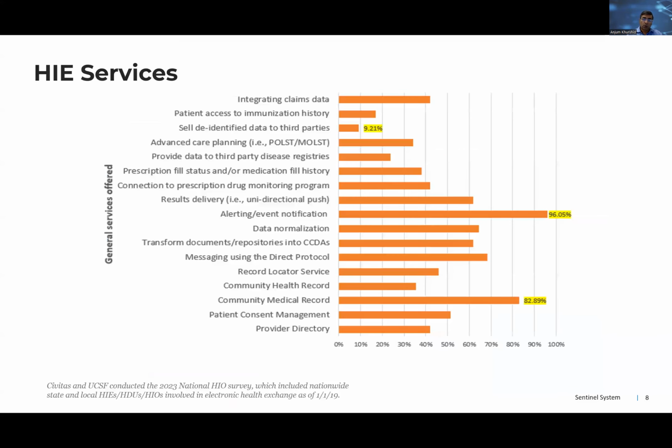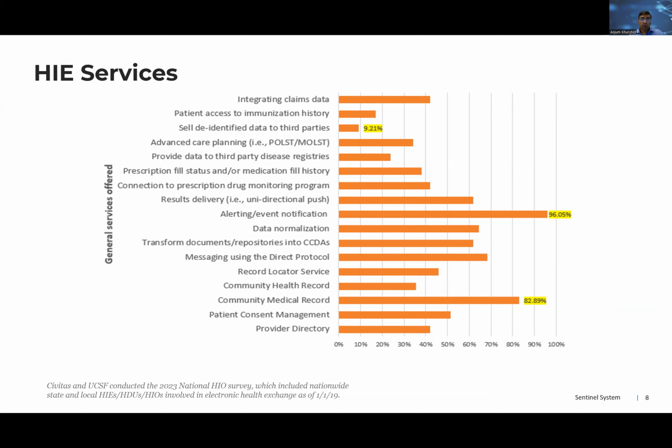Next slide. So once HIEs have all this data, then they can provide multiple types of services to those who are contributing their data and those who want to use this data. The primary use case, though, has been mainly exchange of information or interoperability, so that coordination of care can take place across various providers. And as you observe here, this is just an example from a recent survey that was conducted through ONC by UCSF, University of California, San Francisco, and Civitas, which is the HIE Association,